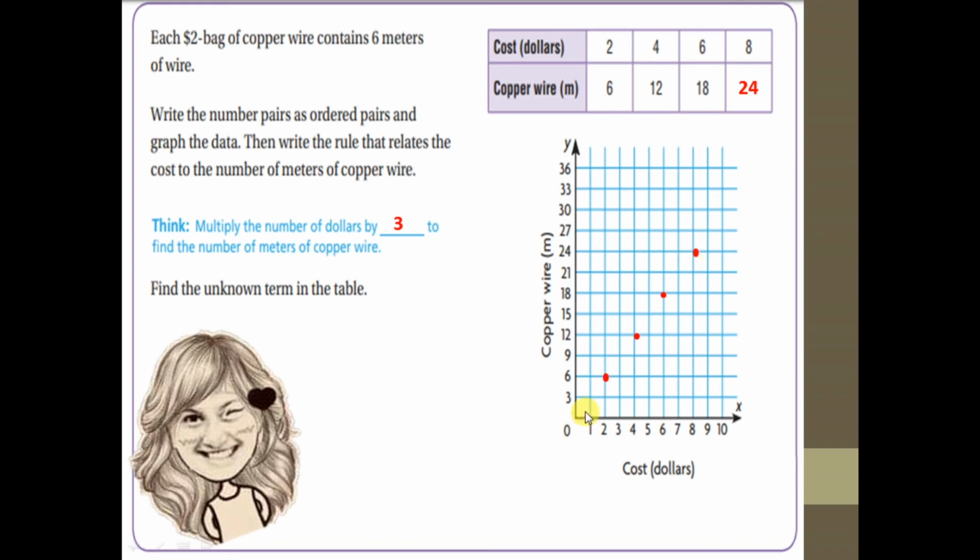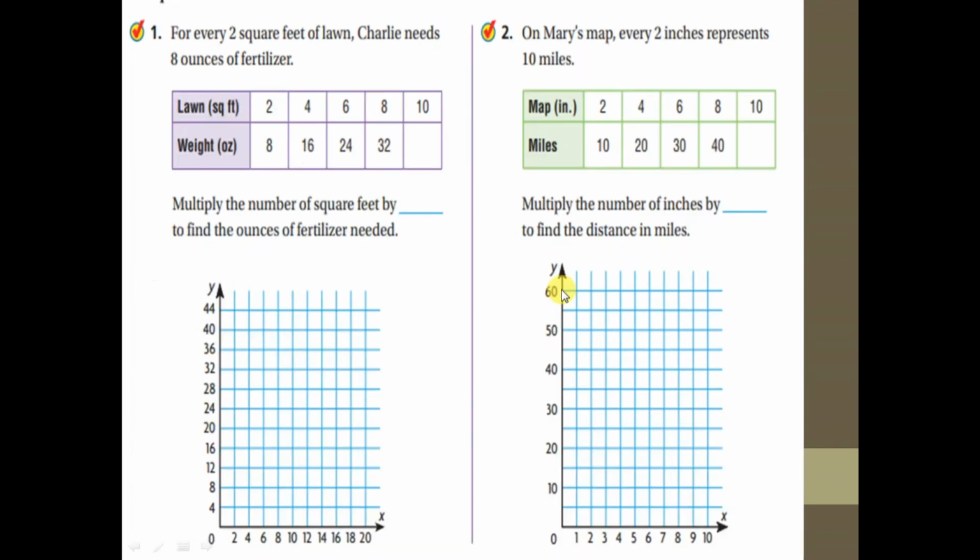So again, don't forget, we start from the origin, we go to the right, then we go up. Okay? Then we drag a line from the origin until the last point. And then we finished now graphing and analyzing and finding the missing number in the table. I think it's very easy. Let's see another